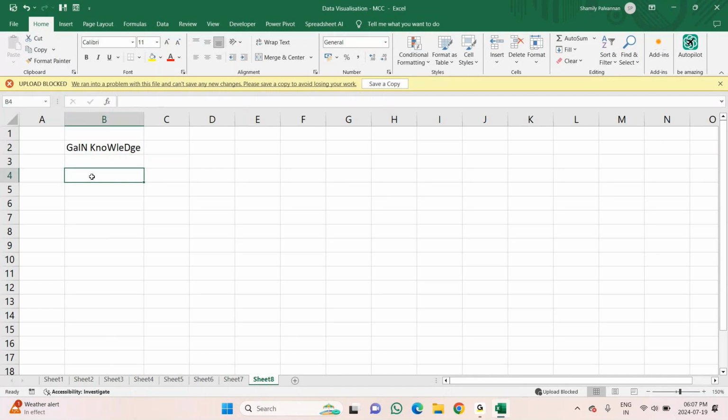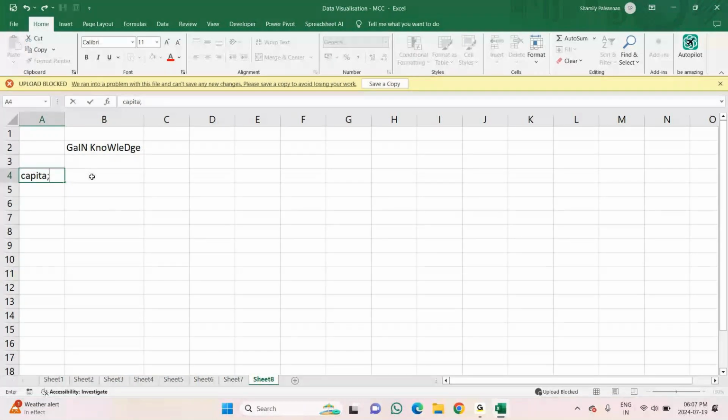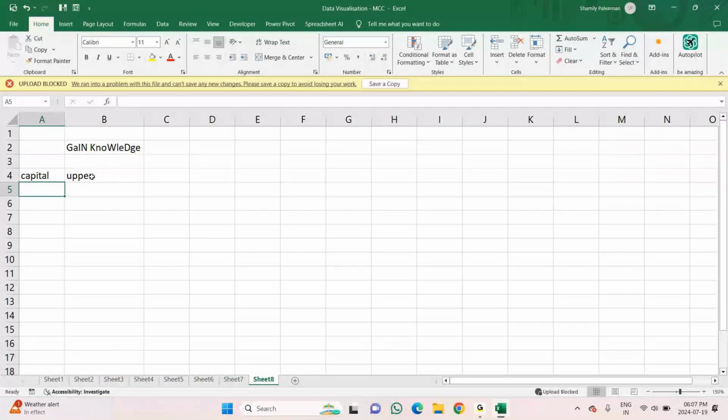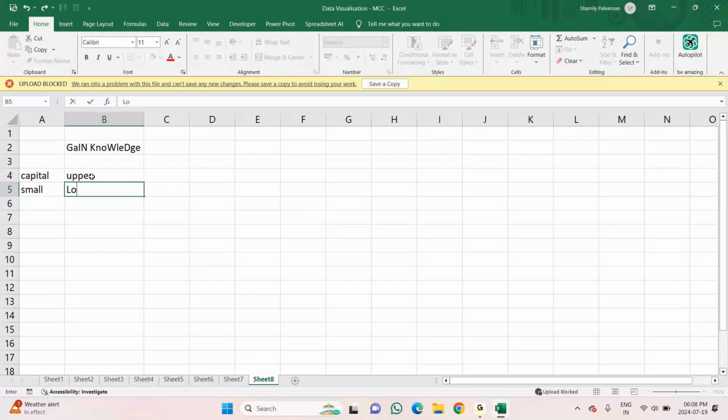For capital letters, we call it upper. Next, we have to convert into small letters, so we call it lower.